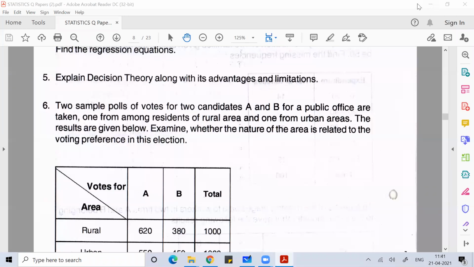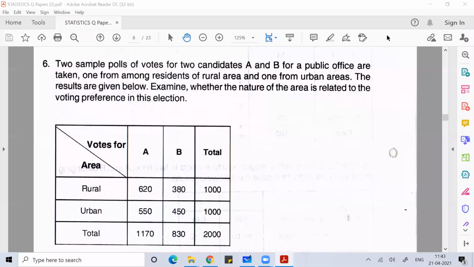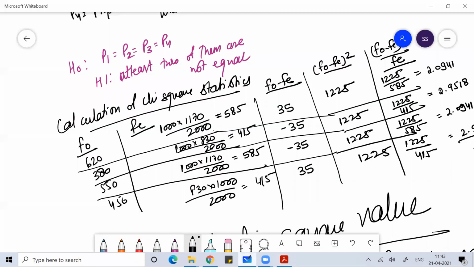Anyone, any doubt? So whenever we talk about test of hypothesis, there is a statement which is being passed about a population parameter. What is a population parameter? Parameter means the terms of a population. The mathematical terms of a population can be mean, median, mode, standard deviation, anything. They can be any term of the population. There is a statement which is passed with respect to the population.